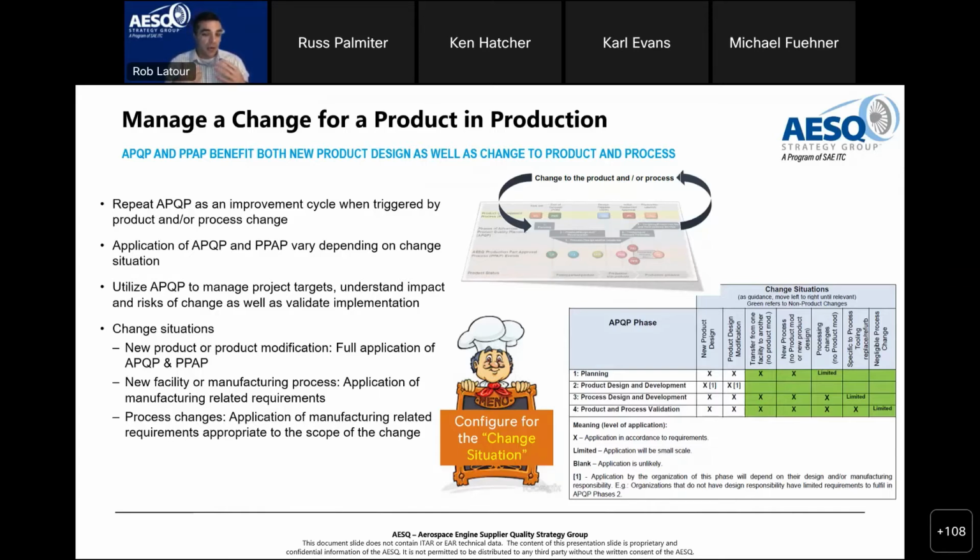Okay, so if we're starting and transferring to a new facility, right, we're going to need to really focus on what is the scope of the manufacturing that new facility is taking on. Is it the full scope of the value stream? Is it specific process steps? And we're going to configure the design and development needs based on that type of scope. Same thing with new products, new processes, or modified processes. And we're going to, again, configure all of the phase activities to the scope of that change,